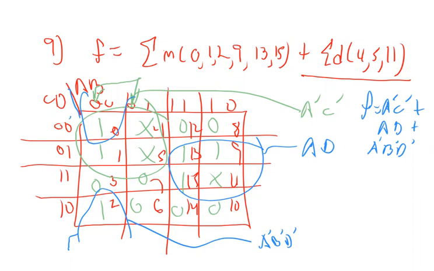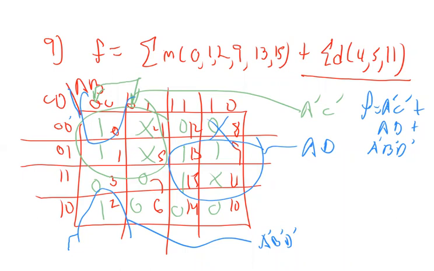Let's go back a bit. I've got a question. Sure. Why can we loop the don't cares with the ones? Well, we don't care about them, so we can either loop them or not. And we only loop them if they help us, and they only help us if they make our loops bigger. So we're not going to loop the don't cares if, for example, I'll give you an example. Suppose there was a don't care over here. I wouldn't bother looping that,